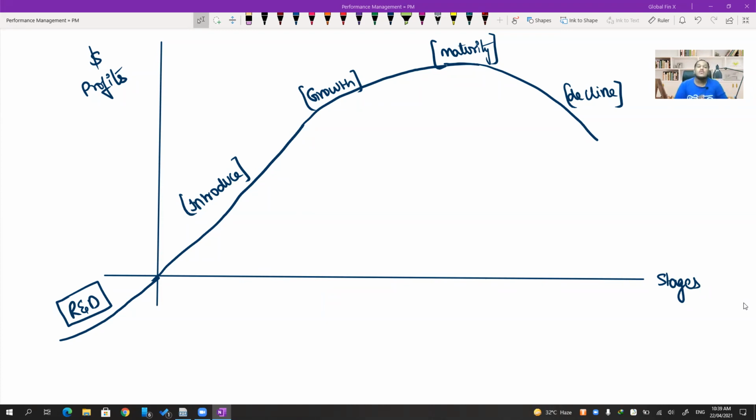Okay, so that is where our regular marginal, absorption, ABC costing fails. All of these fail to understand that research and development also needs to be included in the regular cost per unit calculation. That is where life cycle costing comes into the picture. Life cycle costing includes research and development expenditure while calculating cost per unit. Okay, so in the next video we'll discuss life cycle costing in detail.